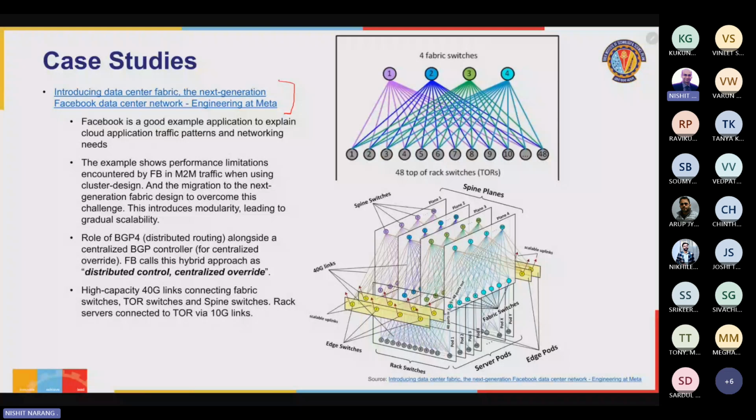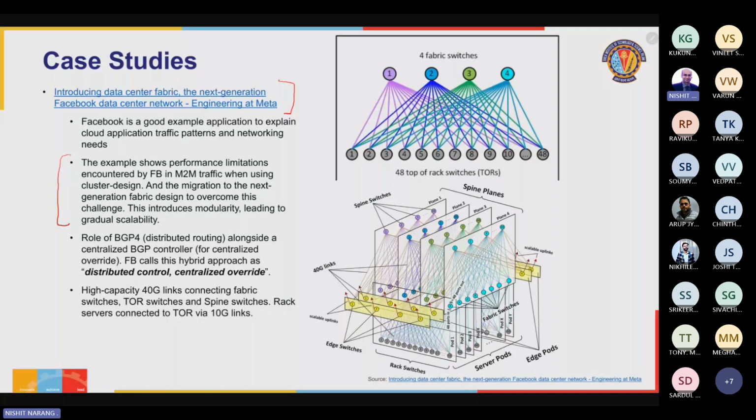So in this paper, they've actually tried to demonstrate the kind of performance limitations that Facebook encountered when they had to tackle the increasing machine to machine traffic. That's the term they will use, right? We are calling it east west traffic, when you are using more cluster driven design to support applications like the Facebook application. Okay, and then they talk about